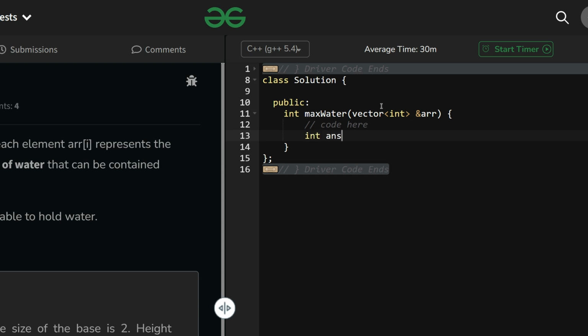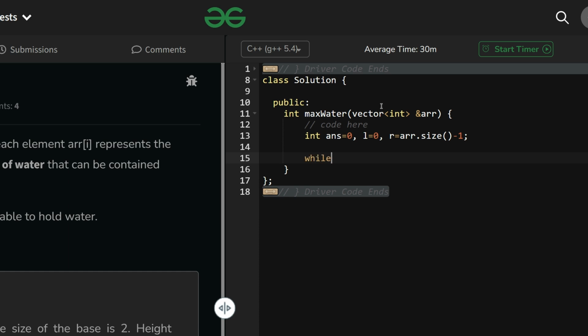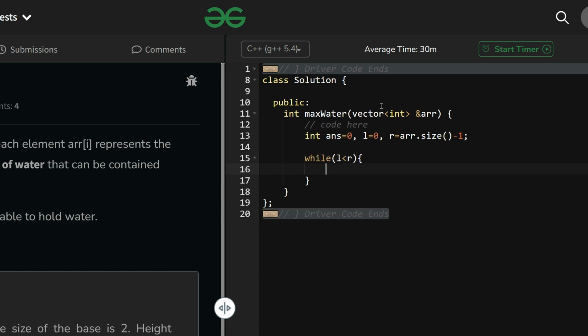I will say int answer equals 0, left equals 0, right equals arr dot size minus 1. Now while my left is less than right, what will you do? You will say answer equals maximum of answer and minimum of arr[l], arr[r] multiplied by r minus l.